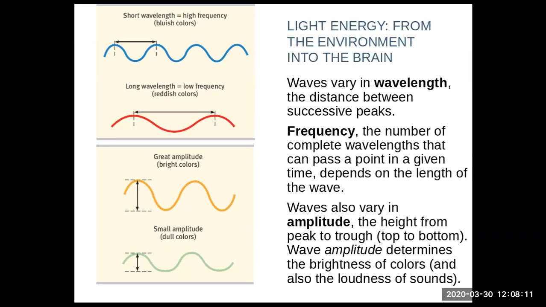In this time, if we were to say number of cycles per second, what we see is 4 peaks in blue, and we only see 2 in red. Those red wavelengths have a lower frequency because the distance between the peaks is longer. So in the same amount of time that 4 blue wavelengths, or 4 blue peaks, pass through, only 2 red ones do.